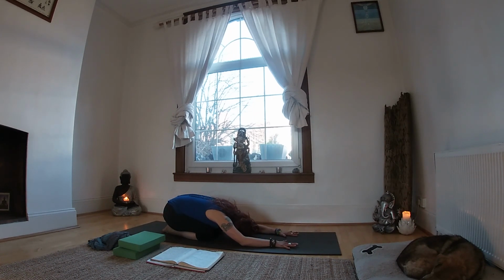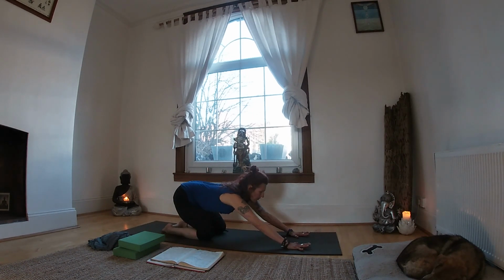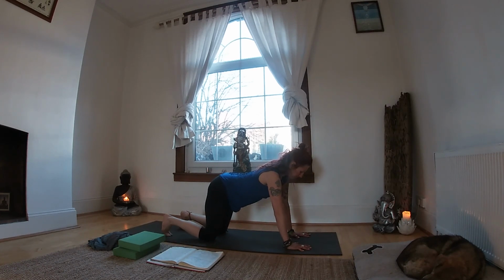So however much you fire things up in your yoga practice, you still need to come back to this place of stillness, receptivity, observation. You take a moment to regulate your breath. Notice how you're feeling, the effect of the work that you're doing. And then when you feel ready, you can bring yourself up onto your hands and knees